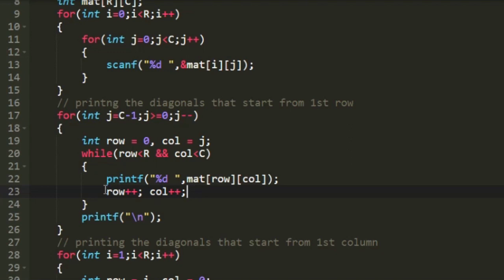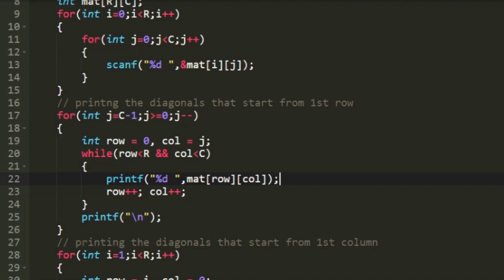Since next row we are incrementing the value of row, and then next column, so the column value is also incremented. Until row is less than r and column is less than c, this while loop will be iterating, and we will also print the integers that are present at the current value of row and column. So we will get our desired top left to bottom right diagonals which start from the first row.